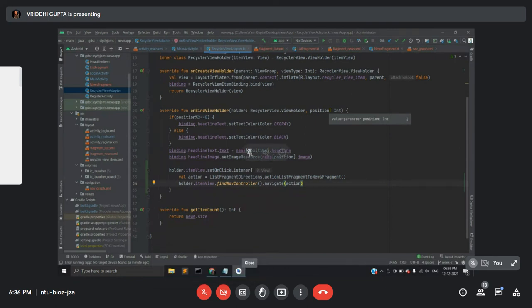You can also try running this on your phone or on your emulator if you have. I'll try it on my phone.